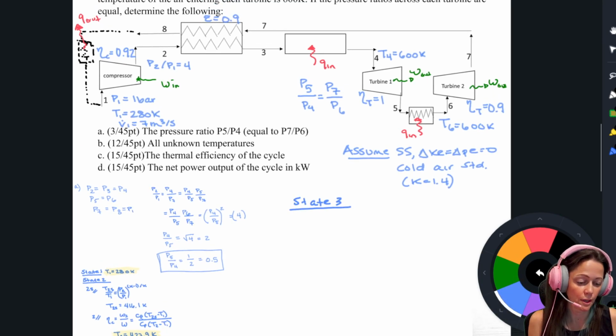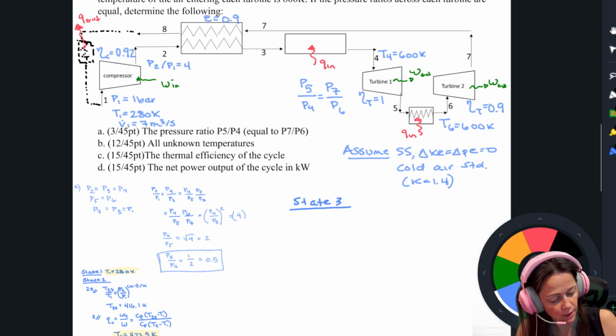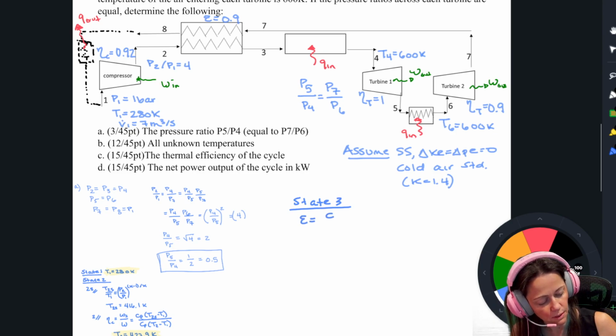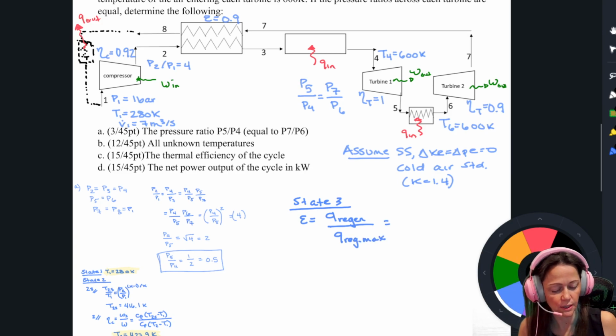I cannot apply an isentropic relationship between 2 and 3. It's not isentropic. I did see a couple of people doing that. Can't do that. However, what you can do is use your regenerator effectiveness equation. So this is going to be Q regen over Q regen max. So Q regen, if